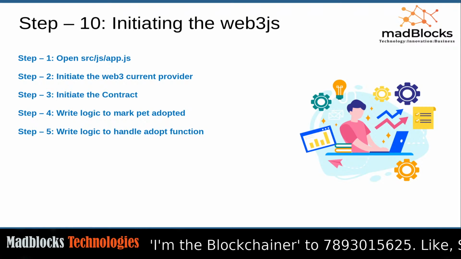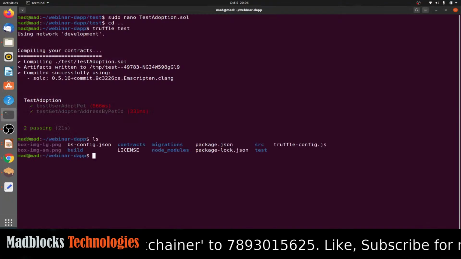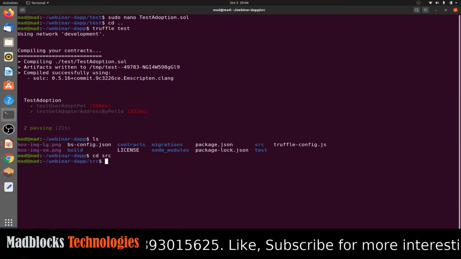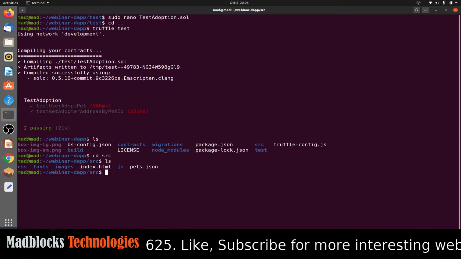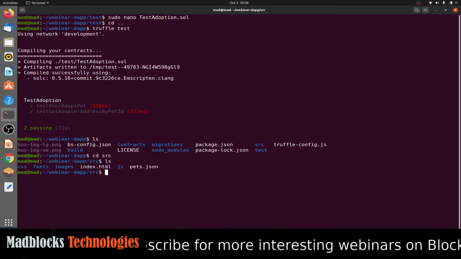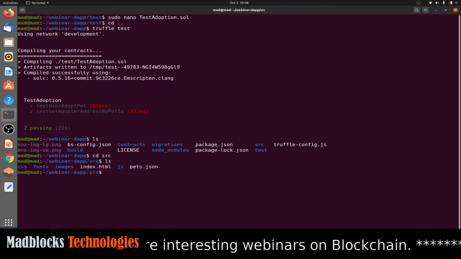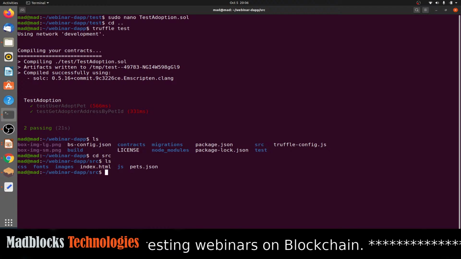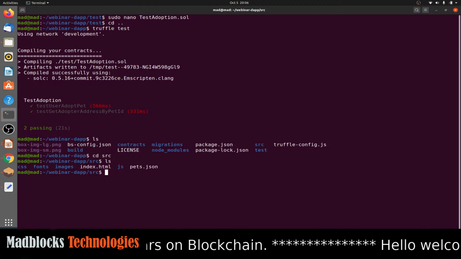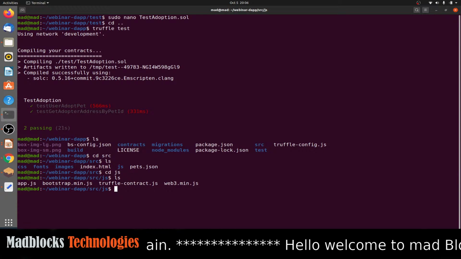So let us jump into src and the js folder. Let me type ls, so you can see the HTML file. This HTML file will be hosted on the server when you run the server, but before we run the server we have to configure the smart contract with this HTML file. To do that we have to jump into the js folder: cd js, ls, and you can see